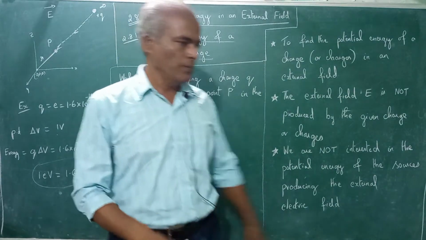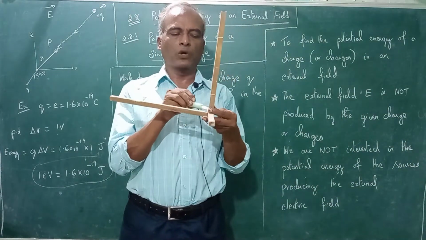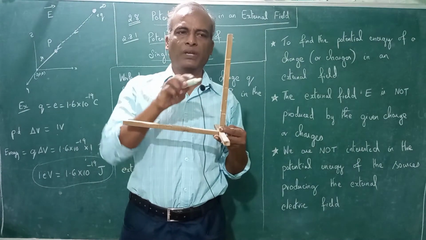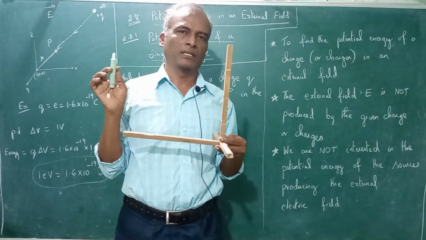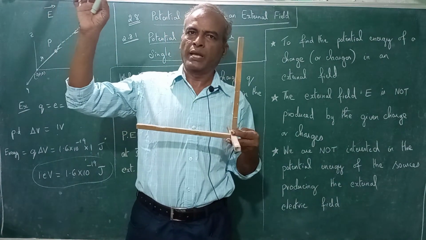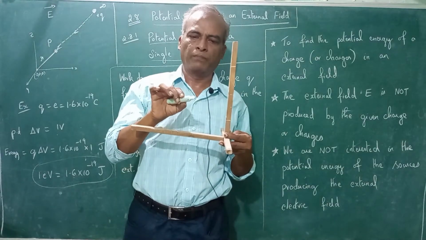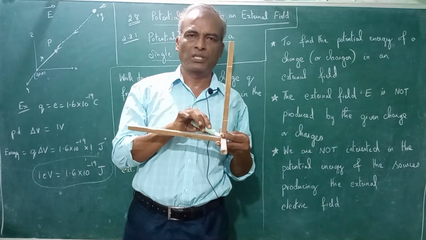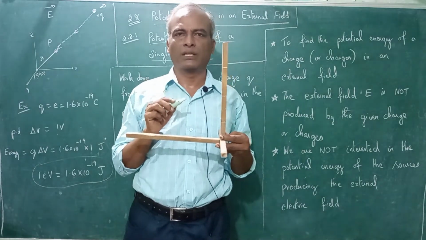So first, we have this coordinate as 0, 0, 0. Now we have the external field all around, due to some other charges. Our interest is we are bringing a charge from infinity to a particular point here, say P, and the distance with respect to the origin, where the coordinates are 0, 0, 0, is r, and usually we specify it by a vector, so it is the r vector.